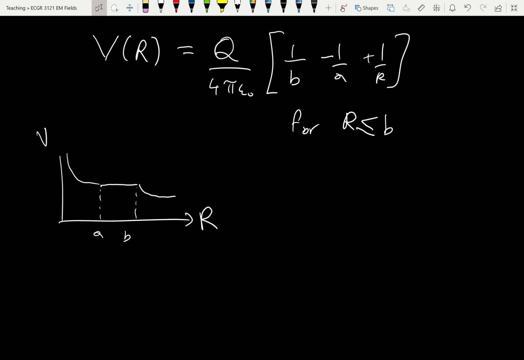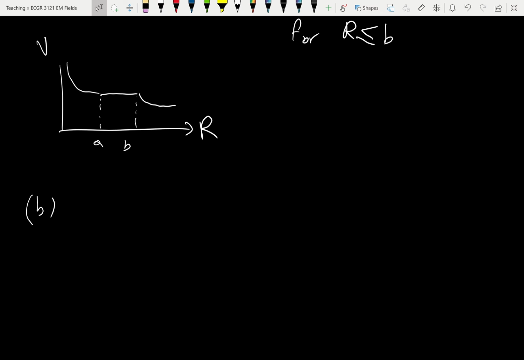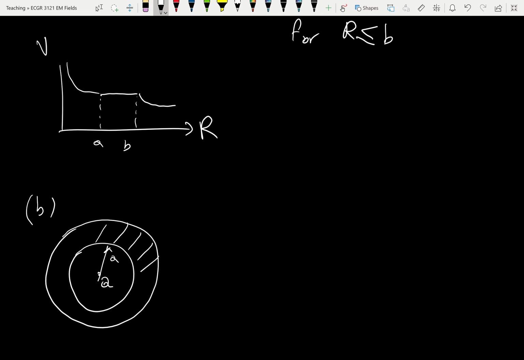Okay. The final part is calculating the surface charge densities inside the conductor. Okay, and here we use Gauss's law. So let me redraw this. So I have Q and I have A, and this is the conductor shell. The first question I need to ask myself is what is the charge density at the inner surface, right? I can put my Gaussian surface in the middle of the conductor like this,